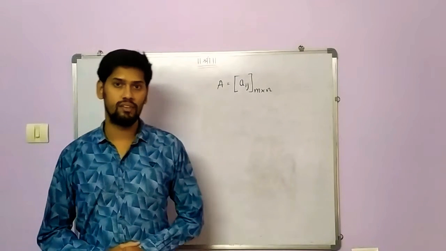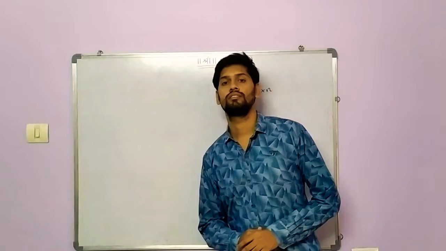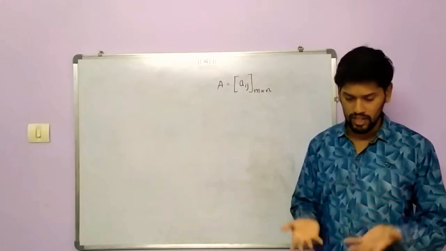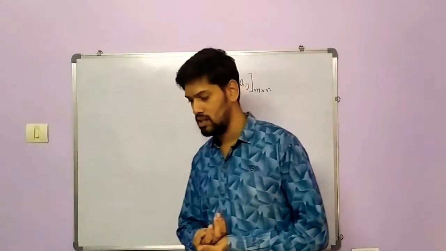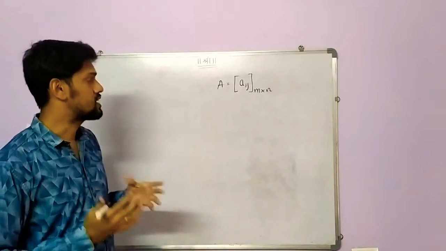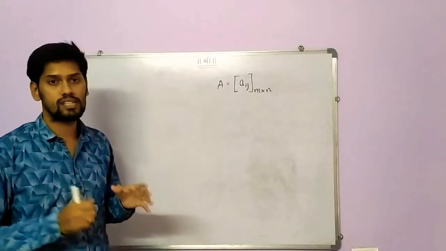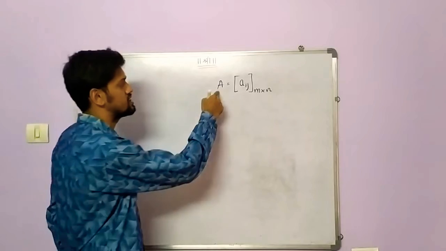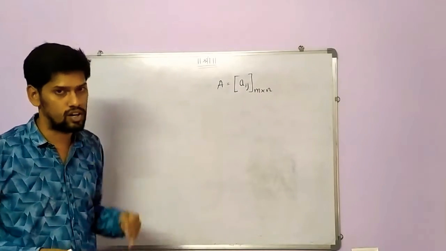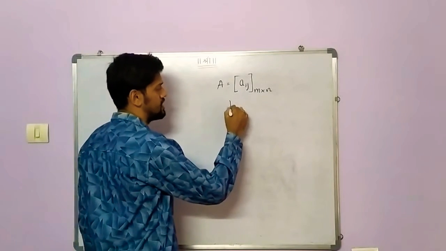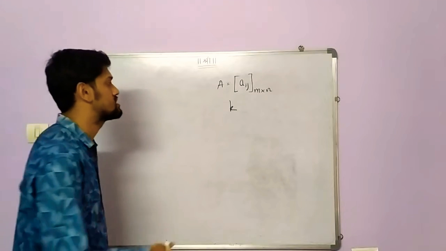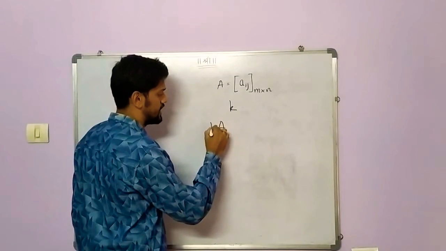Now the next operation that we will see is multiplication by a scalar. A scalar is basically any real number that has to be multiplied to a matrix. We will see how this operation is carried out. Whenever you are multiplying a scalar to a matrix, suppose matrix A has elements Aij, and this is the order of the matrix. If you multiply a scalar k to it, where k is any number, then the matrix k times A